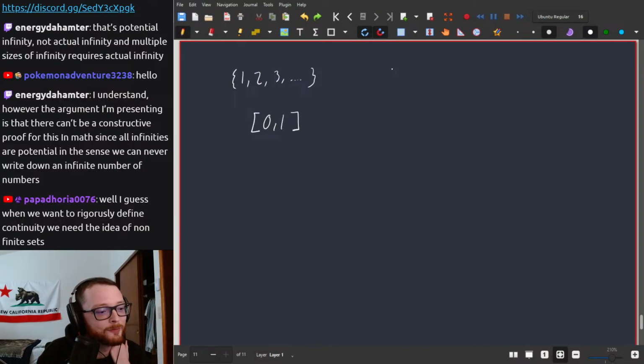There can't be constructed proof for this in math. All infinities are potential in the sense we can never write down an infinite number of numbers. Well, if I sat here and wrote 1, 2, 3, 4, 5, 6, 7 until the end of time, always going up by 1, is that an infinite amount of numbers? I think it would be. It's not realistic, but